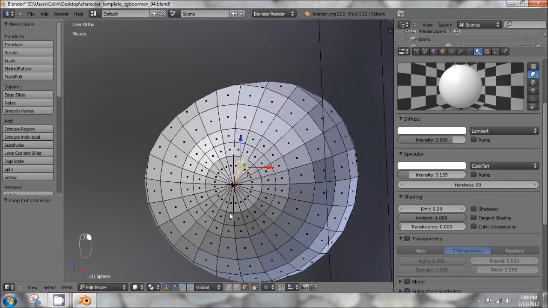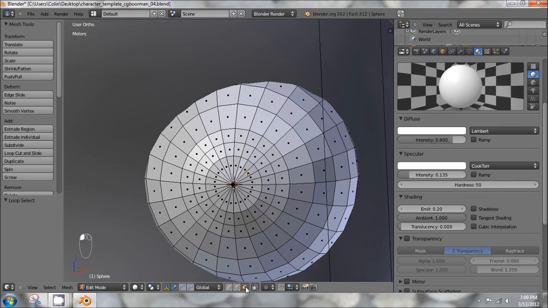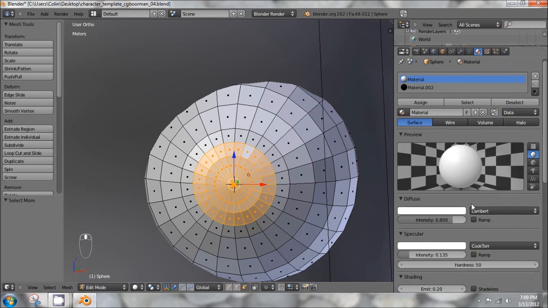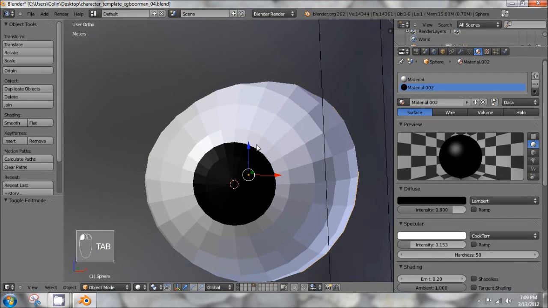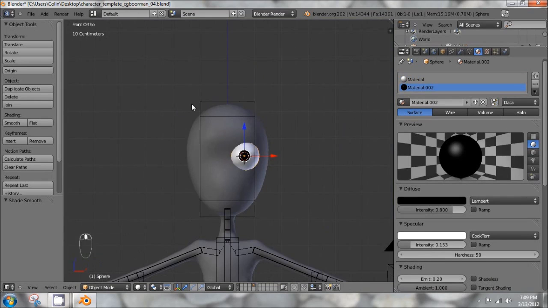And so to select all of these faces inside of this edge loop, I'm going to use face select mode right there and select one of these inside faces and then press Ctrl plus. And then we have all the inside ones, and now I can shift right click to deselect that one, and then Ctrl plus again to select all the faces that I want. And now I can select the second material and press Assign. I'll go back into object mode, press Smooth, go to the front view, and now we have to create a